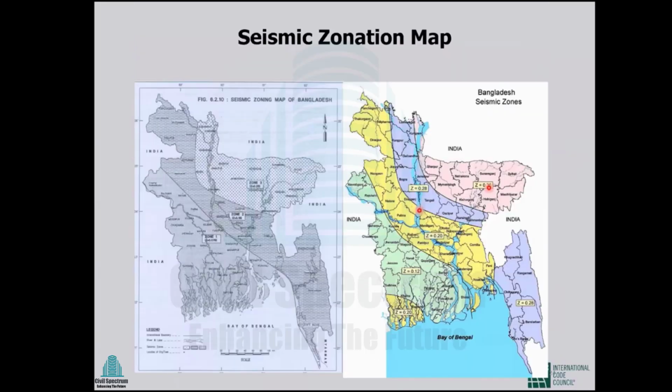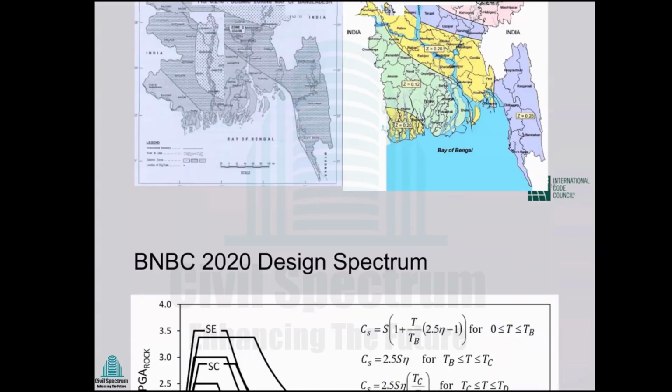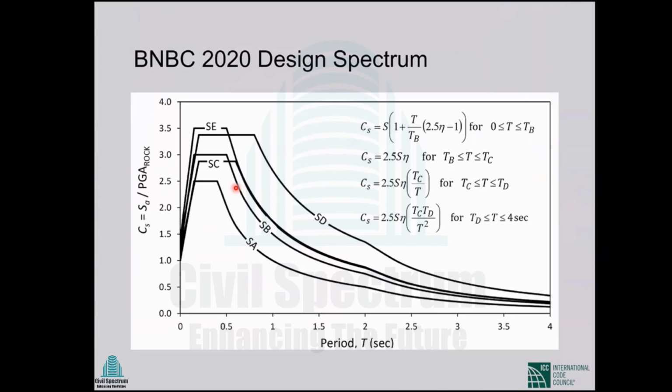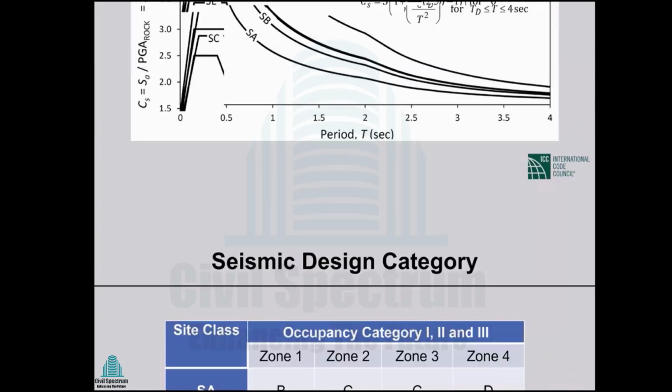These accelerations are actually for rock. If the soil is rock, then it is supposed that this amount of acceleration will happen. And the properties of topsoil are taken care of here. So we'll have to multiply this value with the Z value, and then we'll get the acceleration.